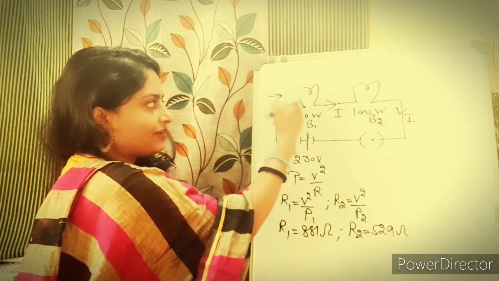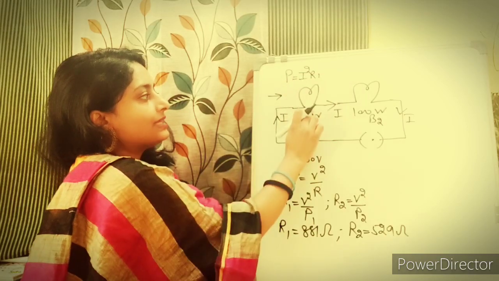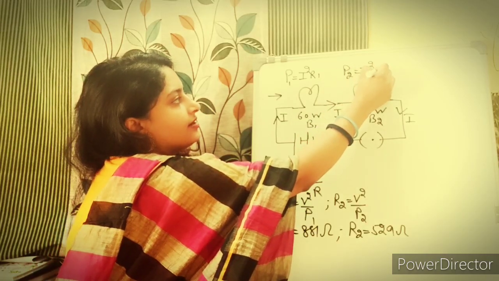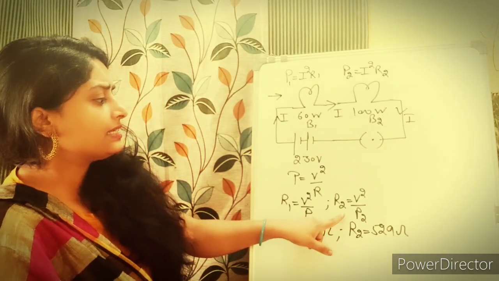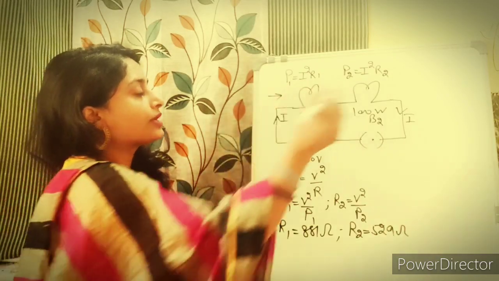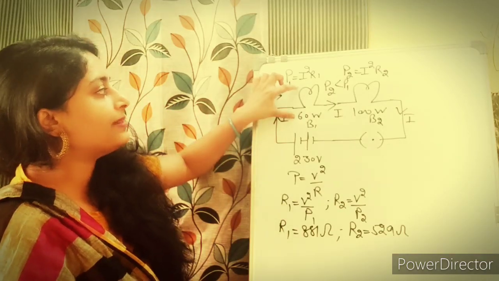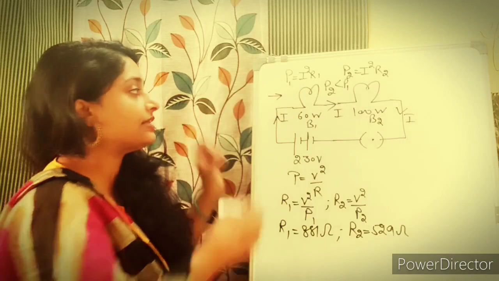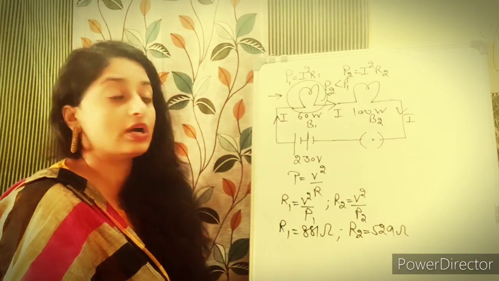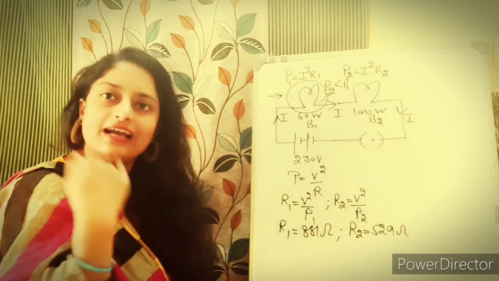So when we will calculate for the first bulb power dissipation, so P is equal to I square into R1. इस बल्ब का रेजिस्टेंस, इसको हम बोल देते हैं P1. P2 when you will calculate, it will be I square R2. So here you will see कि R2 is less. Now करंट तो दोनों में सेम रहेगा and R2 is less than R1, so क्या होगा, P2 is less than P1. So basically हम क्या बोल सकते हैं कि जो हमारा फर्स्ट बल्ब है, that is 60 watt bulb, उसमें पावर डिसिपेशन ज्यादा है, तो इसके लिए ये वाला जो बल्ब है ना, that will glow with more brightness, उसमें ज्यादा ब्राइटनेस होगा.